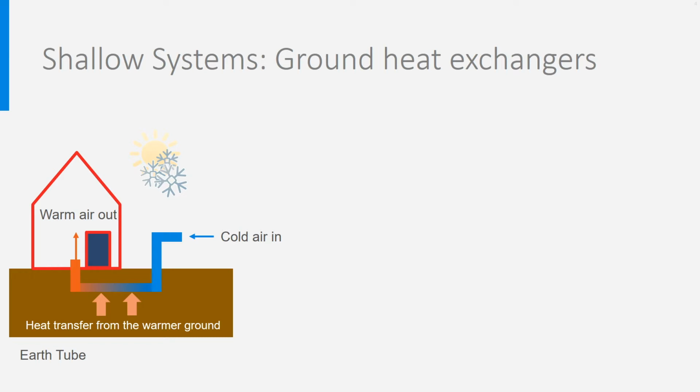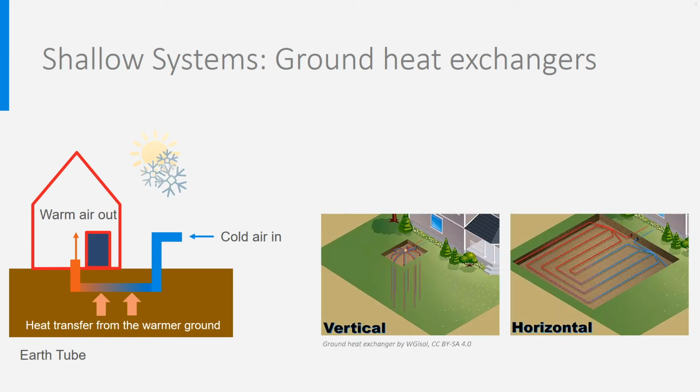Next to this, there are also the ground heat exchangers, used as a heat source for the heat pump. You see them on the right in vertical and horizontal design, and their connection to the heat pump was studied in another lecture. For these heat exchangers, it is important to be aware that the space between the tubes should be large enough to avoid the ground to cool too quickly. You can imagine that the ground cools down around such a pipe, so the other pipes or the further spirals should be placed far enough from this cold bubble.